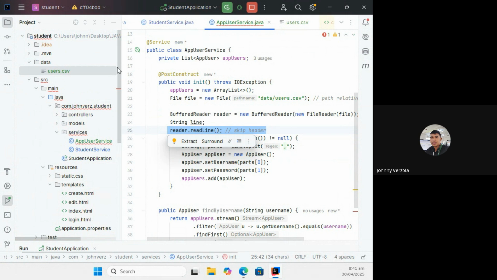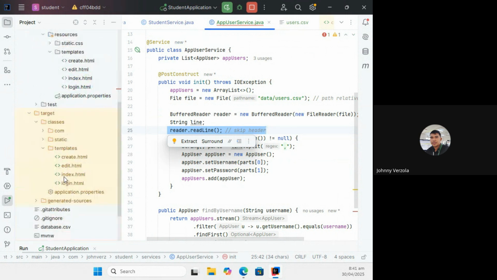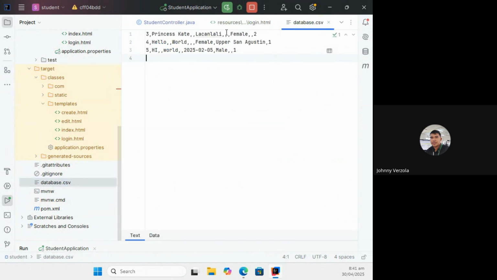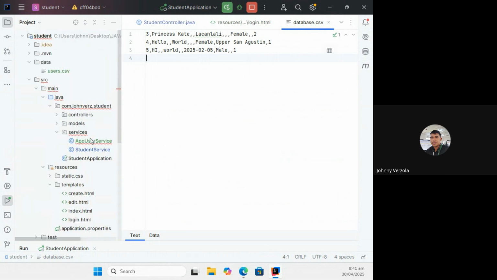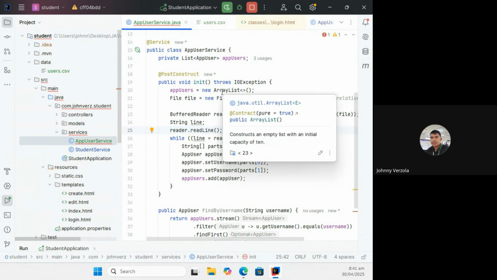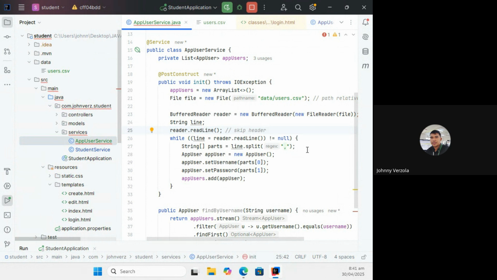But with our student CSV, we don't have that because we don't have a header. We can also include it here if we need it. Kapag may header kayo later on, it's important that you skip it and not include it in the data that will be stored in the array list. Those are just column headers.